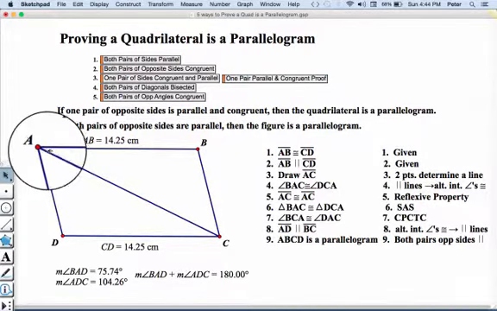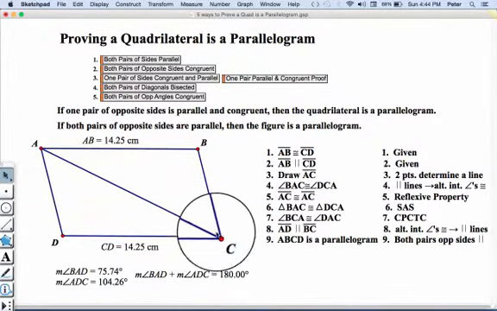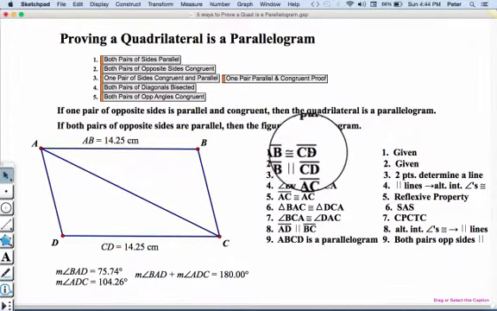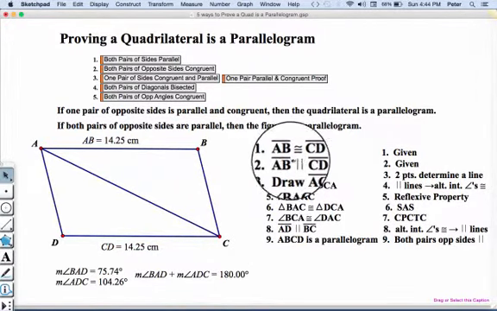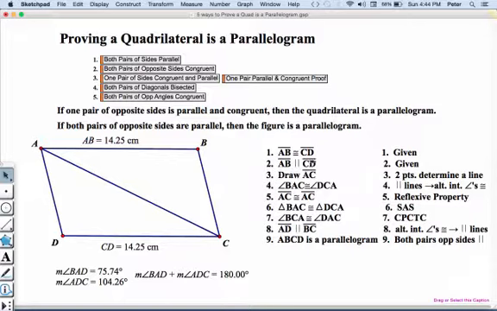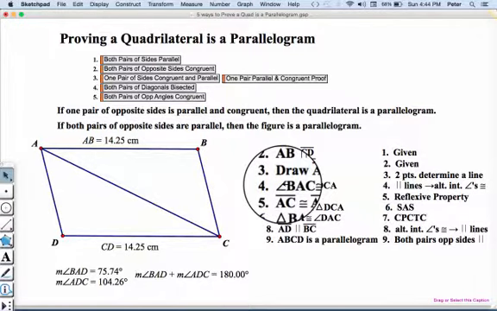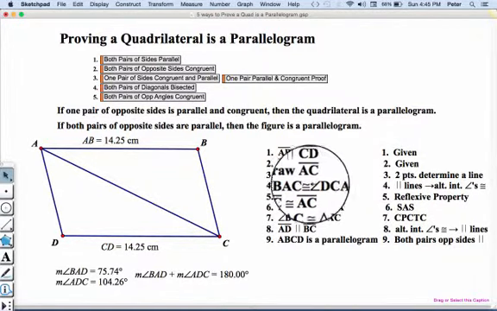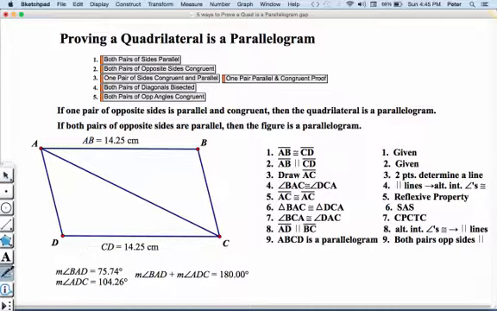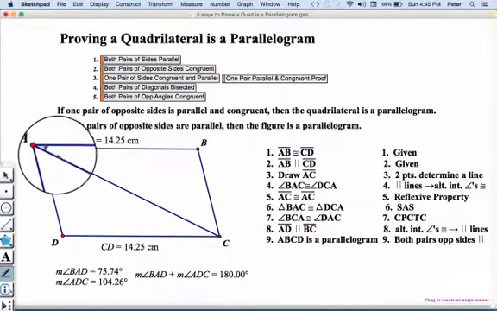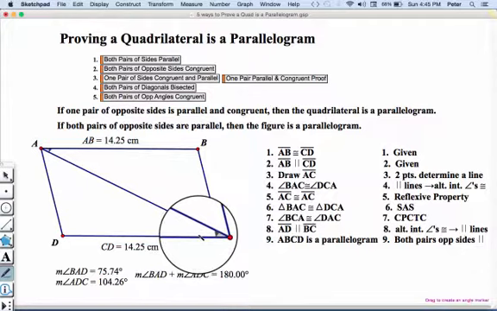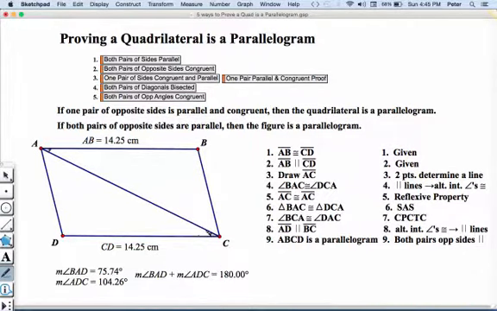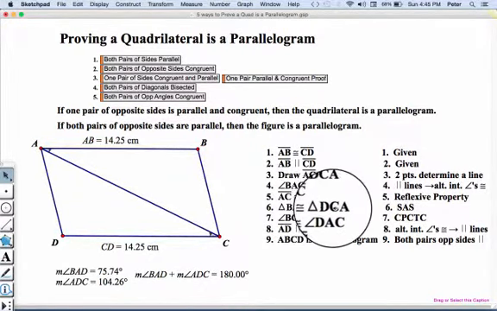Once again, we're going to draw AC, and since we know that AB is congruent to CD and that AB is parallel to CD from the givens, we'll draw the diagonal, and then we know that angle BAC is congruent to angle DCA because parallel lines imply alternate interior angles are congruent. Since AC is congruent to itself by the reflexive property, we know that triangle BAC is congruent to triangle DCA by